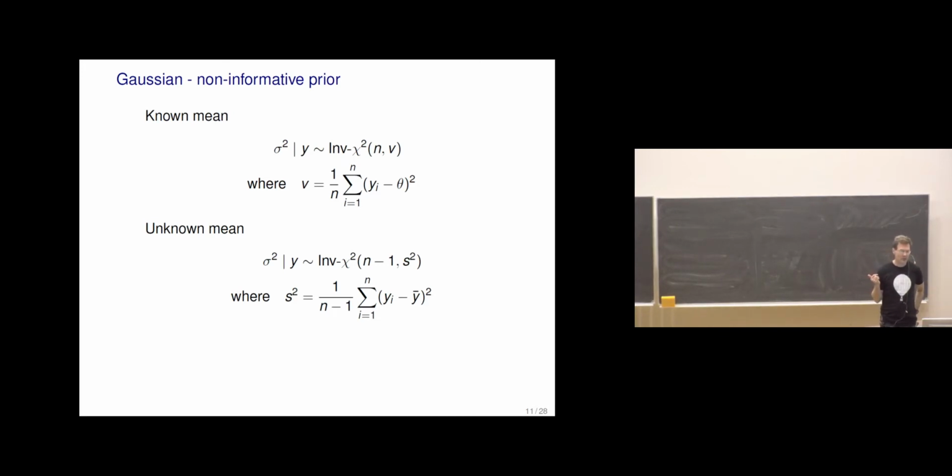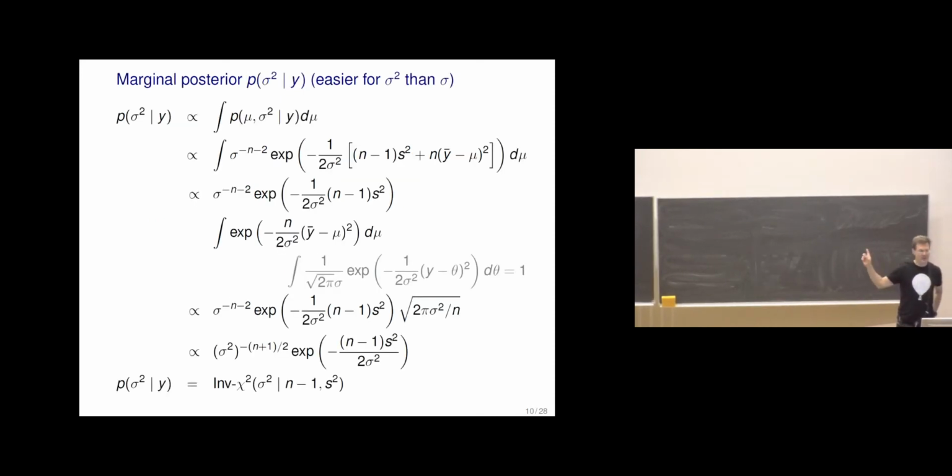We can now also compare. So in chapter 2 there was this known mean case where sigma is as sigma squared. I want to remind that in here I did the marginal posterior for sigma squared because it's easier than for sigma, but otherwise I prefer to just talk about sigma. You need to be careful also that sigma squared is the variance and sigma is the standard deviation.